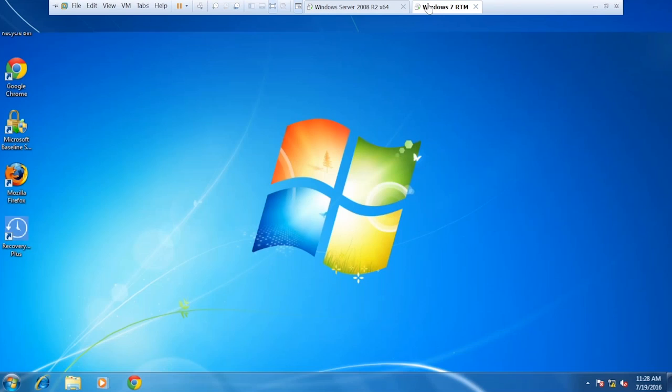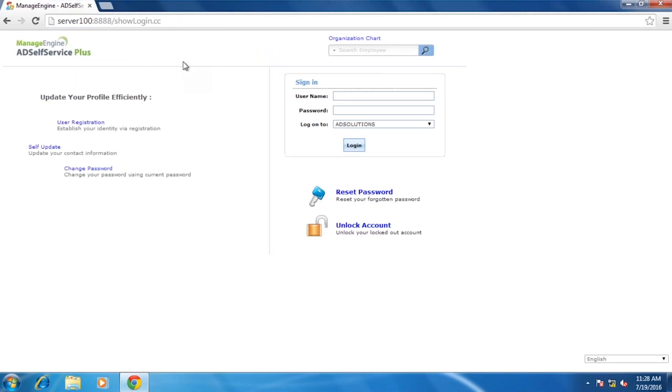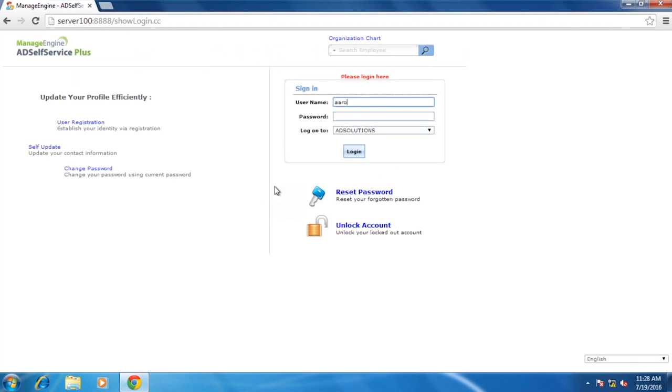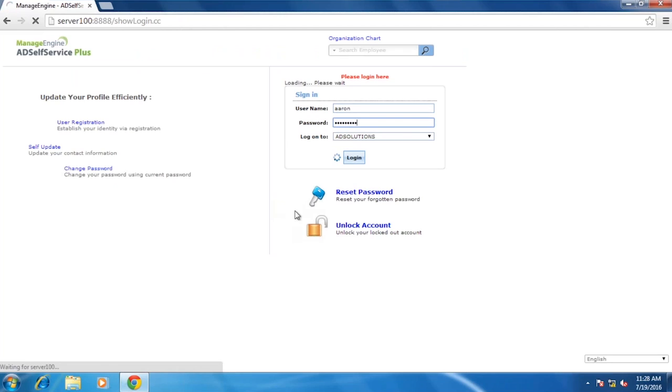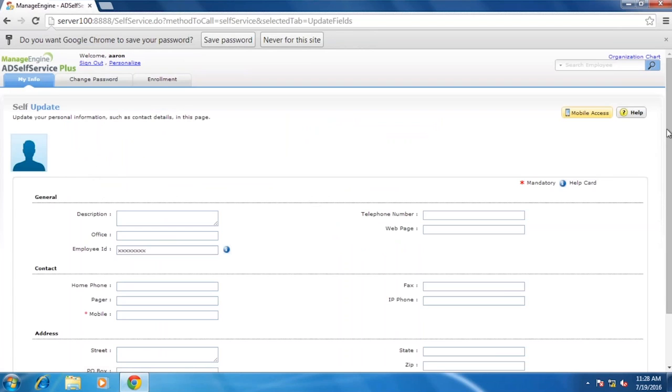So what does this look like on the other end? Well, just like we did before, if Aaron comes in here and goes to self-update, Aaron is going to put in his information, and when Aaron gets into the portal, now Aaron is going to have the ability to perform the self-update, and the self-update will be whatever you provided.